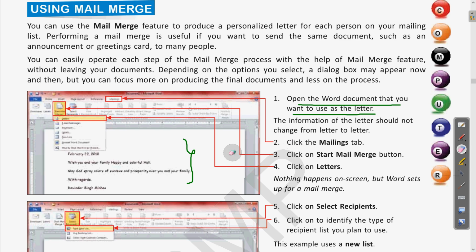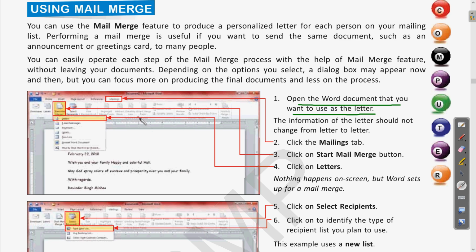Step 2: the information of the letter should not change from letter to letter, as we are sharing the same document with all of the persons, so the content will be the same for everyone. Clear? Now click on the mailing tab.